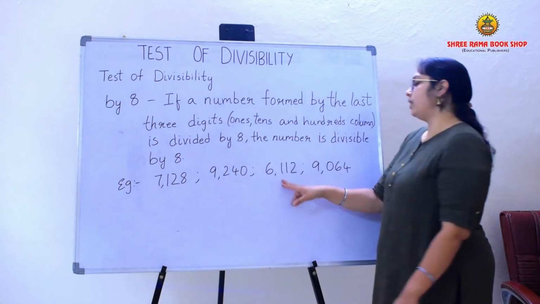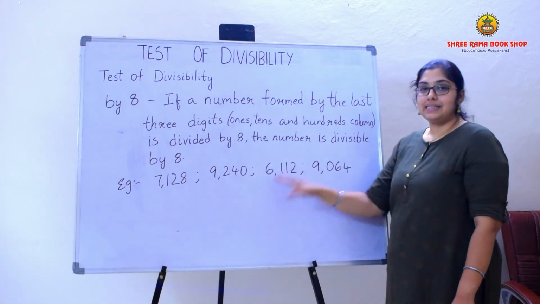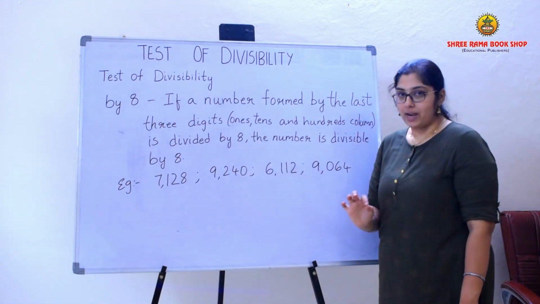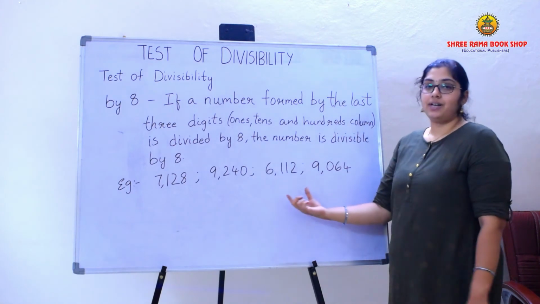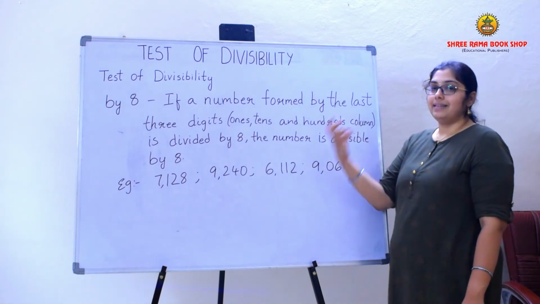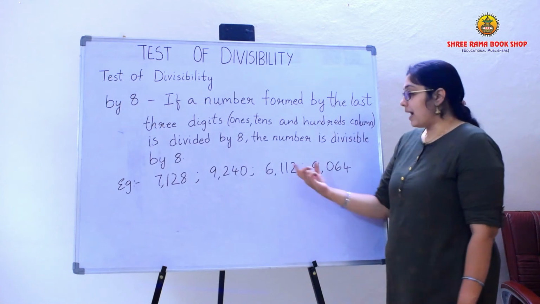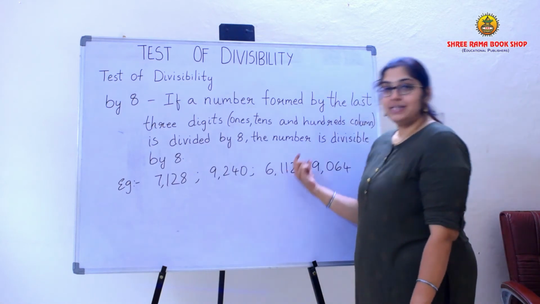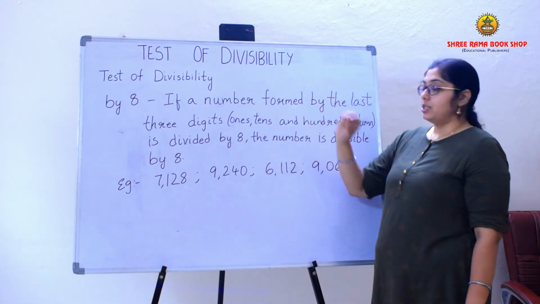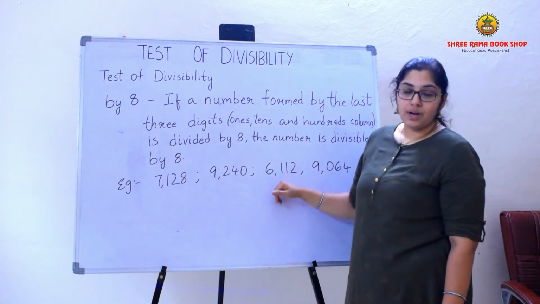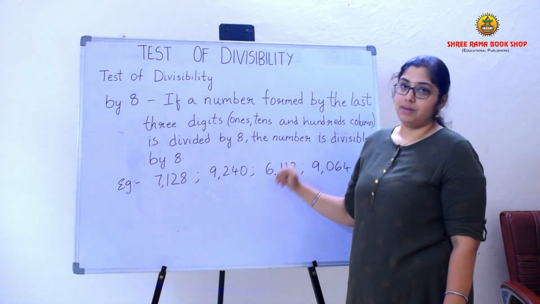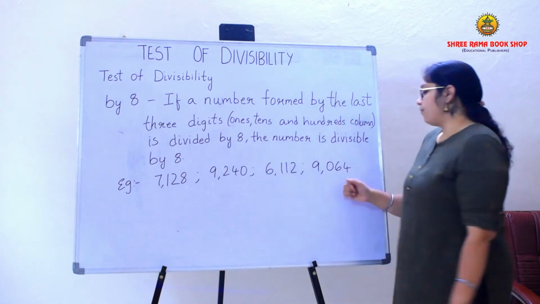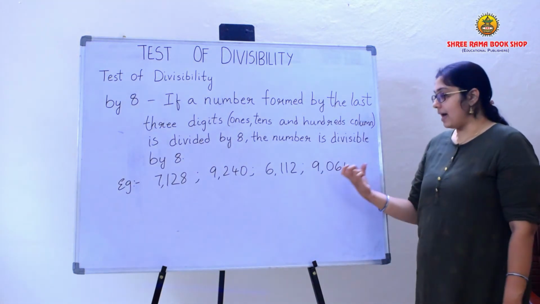Now, moving on to the next example, it is 6112. In the last 3 digits, that is 112, I can say that 112 is divided by 8. So, the whole number 6112 is also divisible by 8. Now, in the next example, I have